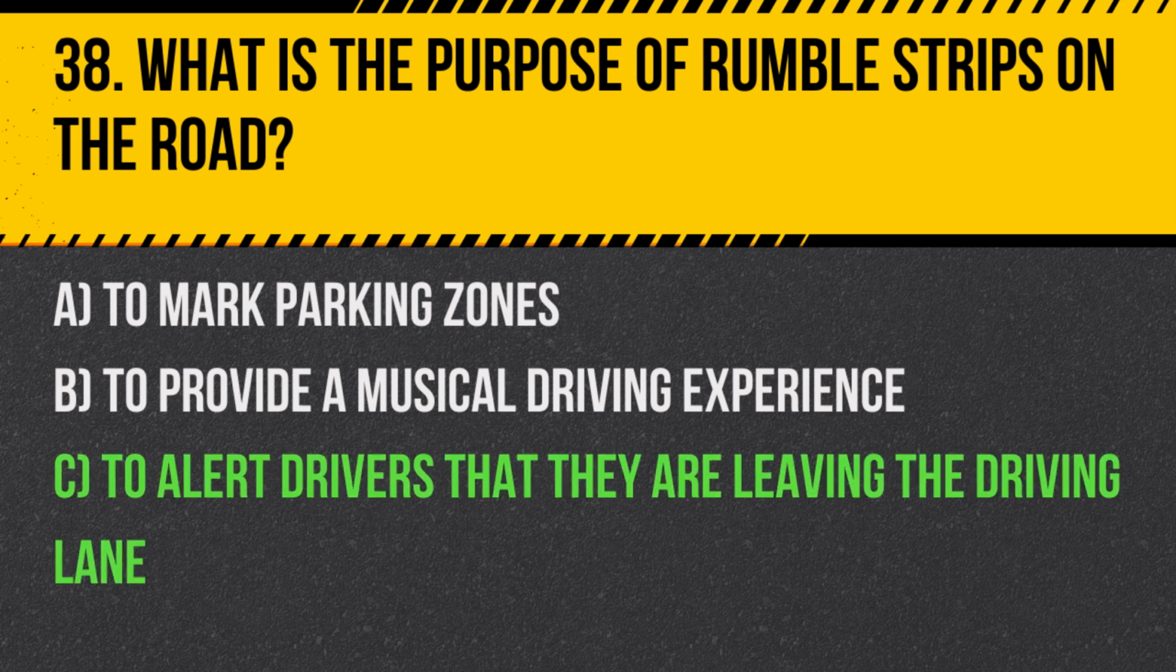Answer. C. To alert drivers that they are leaving the driving lane. Rumble strips create noise and vibration to warn inattentive drivers that they are drifting off the road or out of